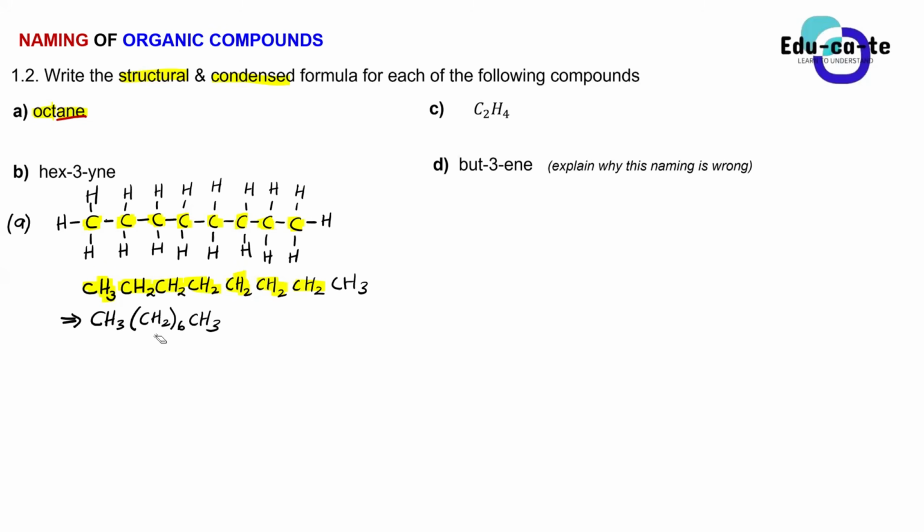But if you are having too many things that look the same, you can just put them in a bracket and tell us how many they are. For example, here we have many CH2s: CH2, CH2, CH2, CH2, CH2 until here. There are 6 CH2s here. So instead of writing the CH2 one by one, you can just open a bracket and write CH2 inside the bracket, then write a 6 as a subscript to show that we have got 6 of these CH2s. Yes, Orifa?